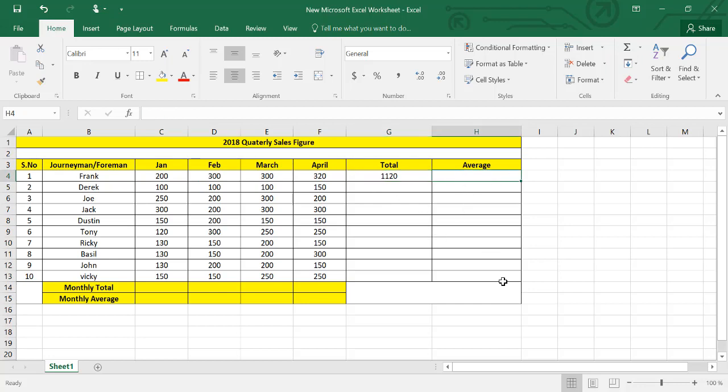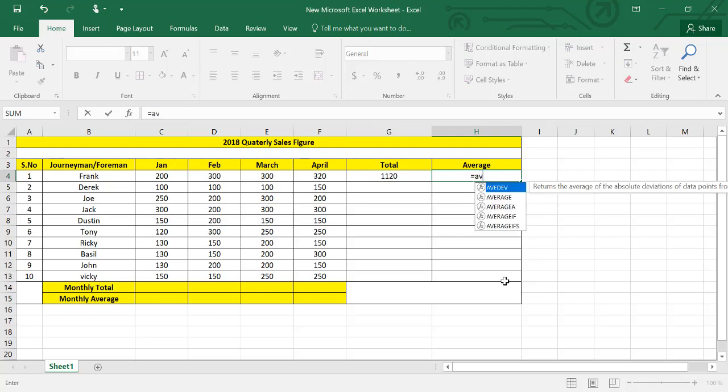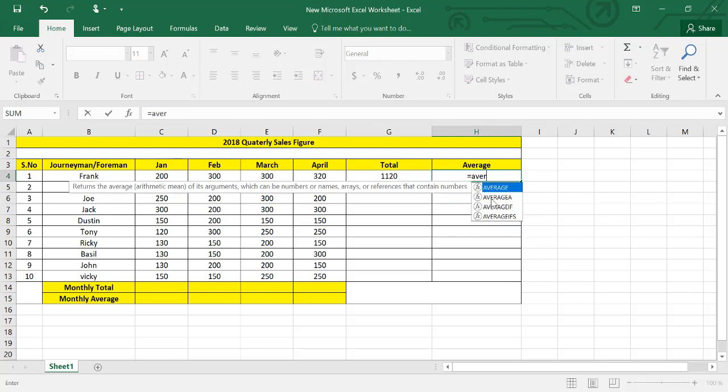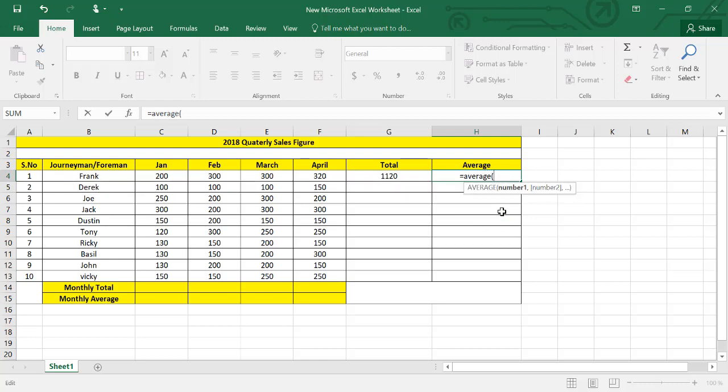Similarly, for average, you type equals and then write AVERAGE. You can see a drop down appears with the average option. Click on it and then open parenthesis, and then you will again select the first cell. You can either type the cell name or select it.